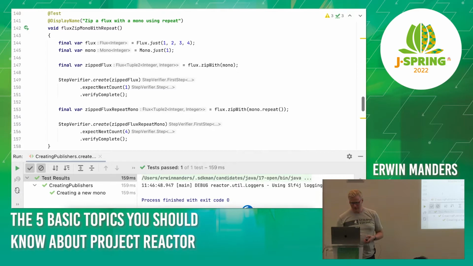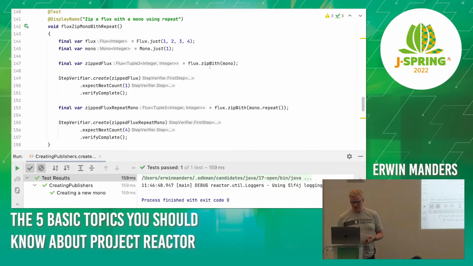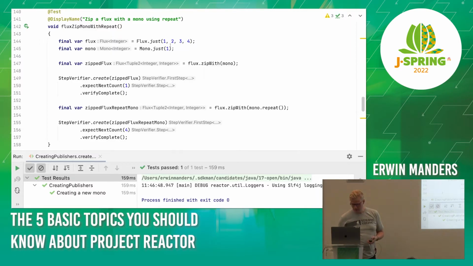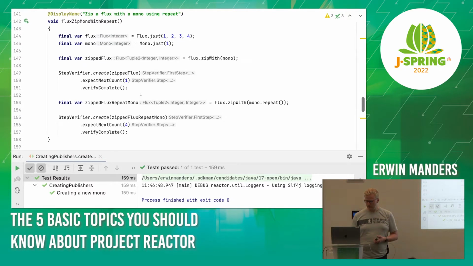So very simply, for example, I have a flux that streams a few pieces of data, and I have a mono that has just one, and I want to do some kind of operation that uses the value from this mono in every flux value. I could zip them together. Now what that creates